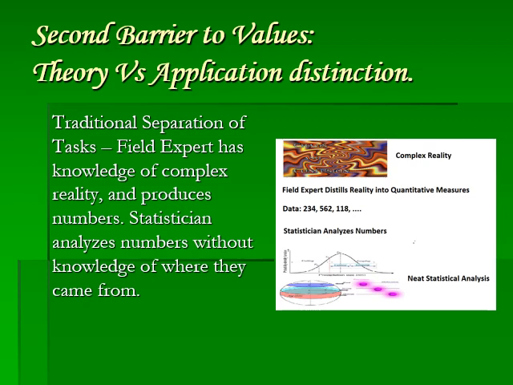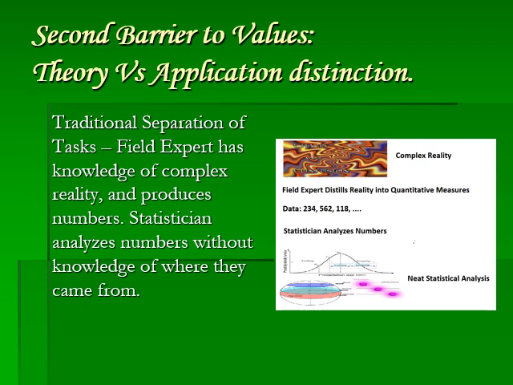The second barrier to values we will discuss very briefly, because we will actually illustrate it in the course. And this comes from the separation between theory and application. The standard model, the narrative which is told, the topos of a statistic theory, is that there is a complex reality. Statistician doesn't know anything about that. That is the job of the field expert. The field expert analyzes this reality and distills this into numbers. And that is the data. Then the statistician looks at the data and he does his analysis. The statistician just looks at the data. He doesn't look at the reality, the complex reality which is behind the data.